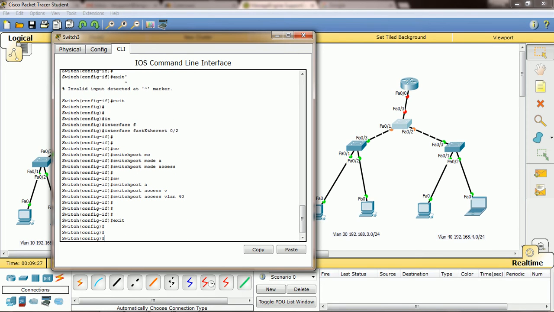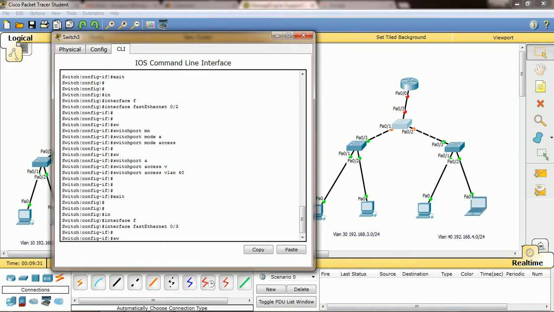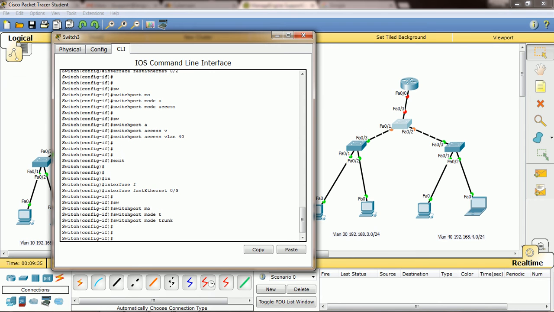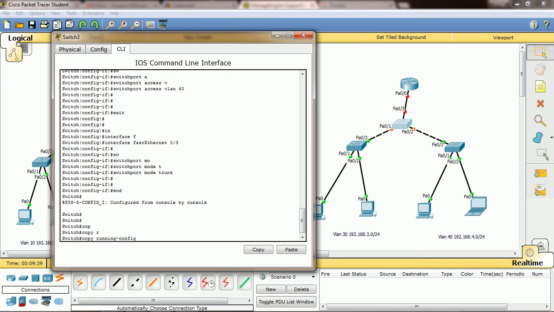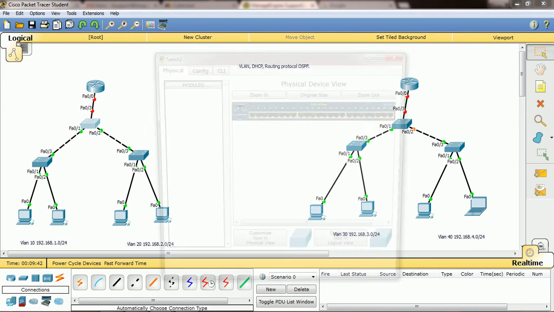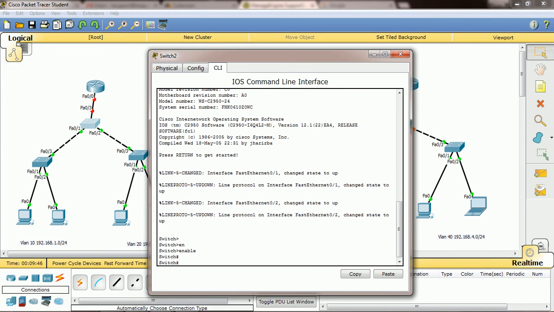Then exit, then enter into interface fast ethernet 0/3, switchport mode trunk, right? Then end, copy running-config startup-config, right? Yeah, then same here we need to create VLAN 10 and VLAN 20.